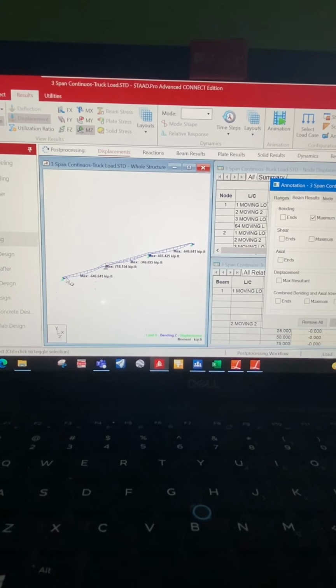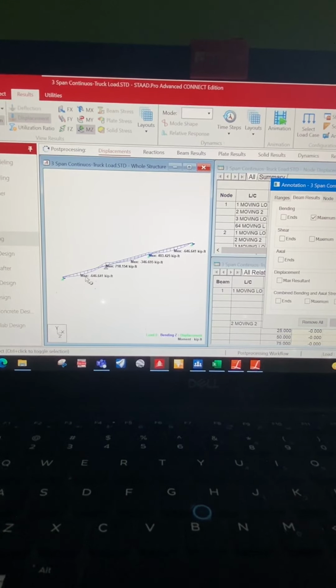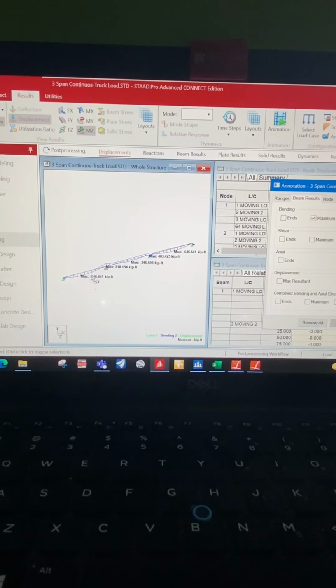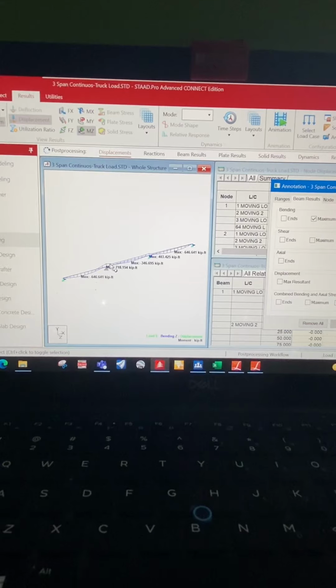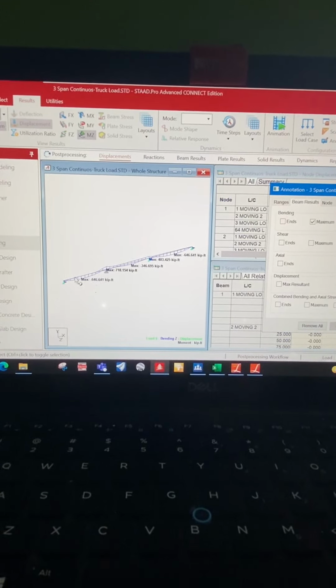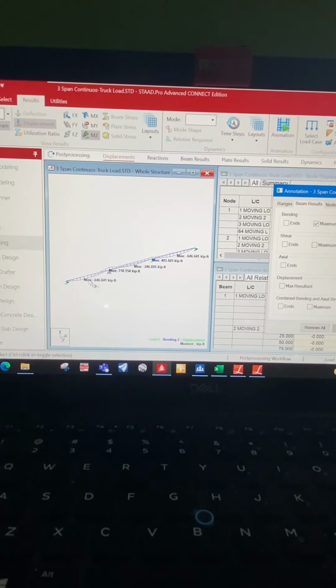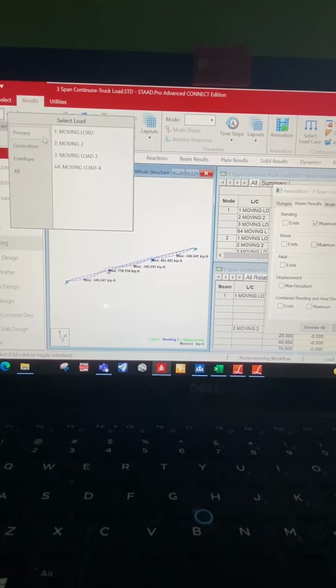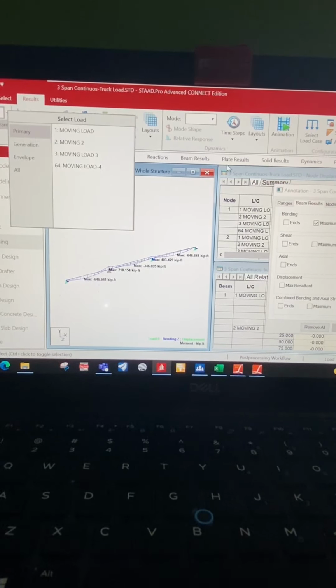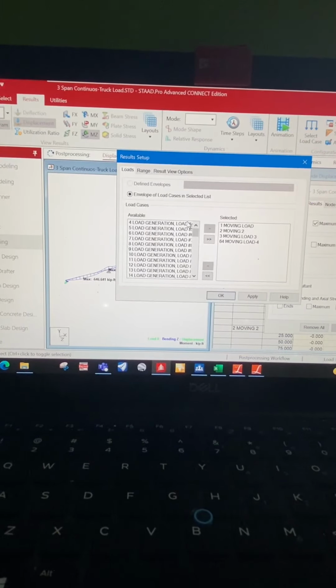Normally STAAD Pro has their positive moment down, and their negative moments up. It's kind of like the opposite of what I'm used to. That's for the lane load. Now we select the case for just the